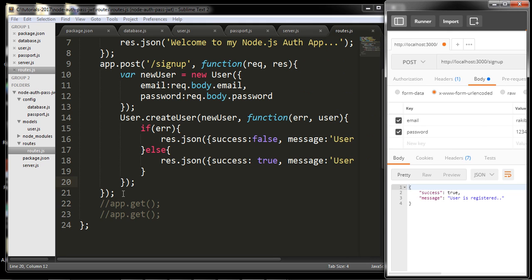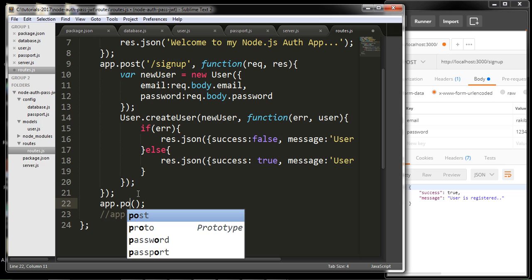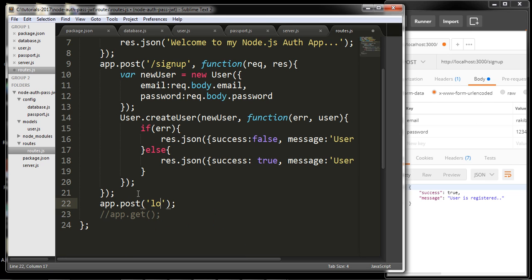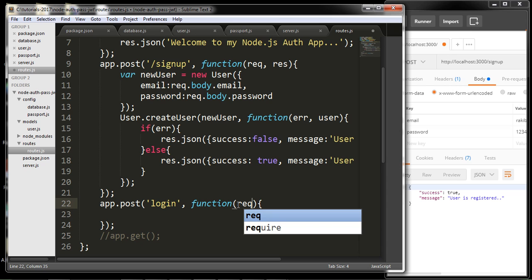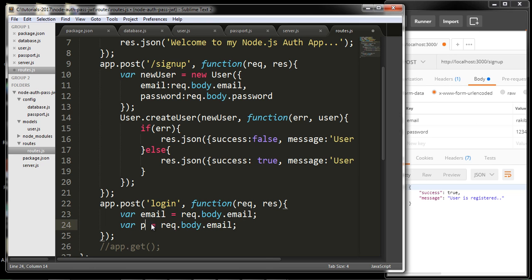Okay, now I am going to create another route that is called app.post login, and similarly it will be a function, and here it will be request, response, and here I am going to write var email is equal to request.body.email, and password, here also request.body.password, and